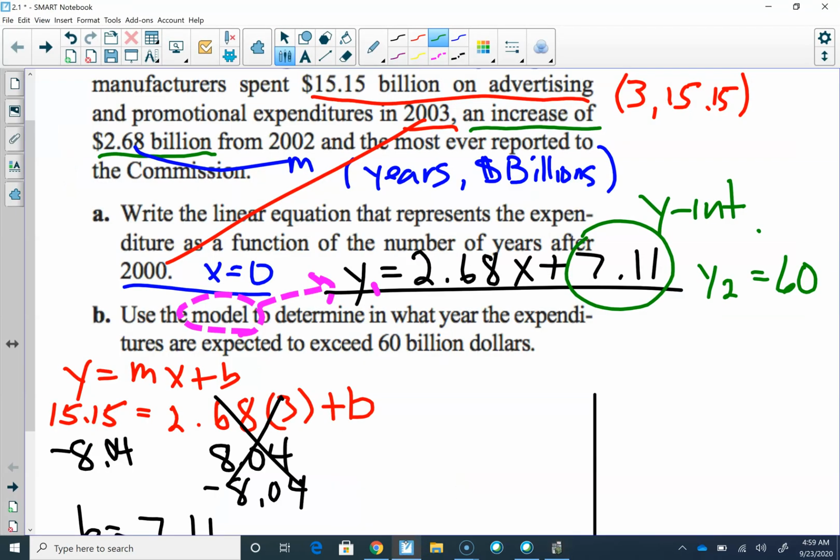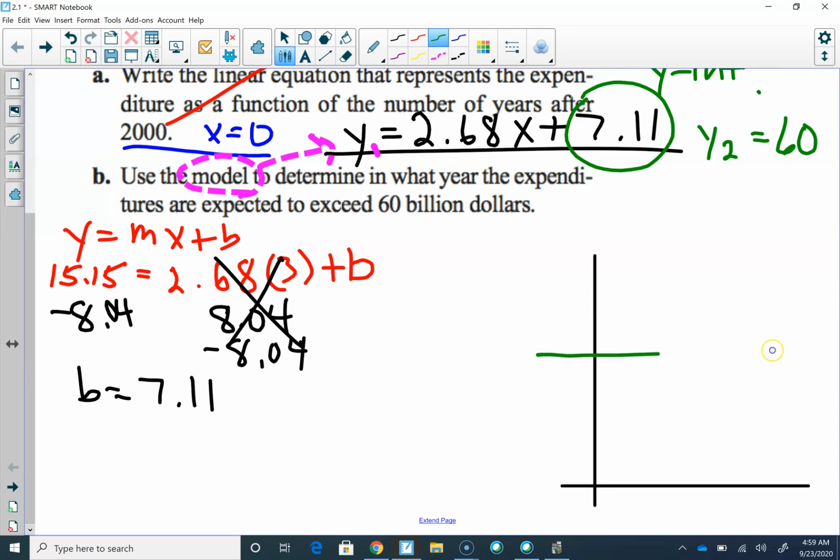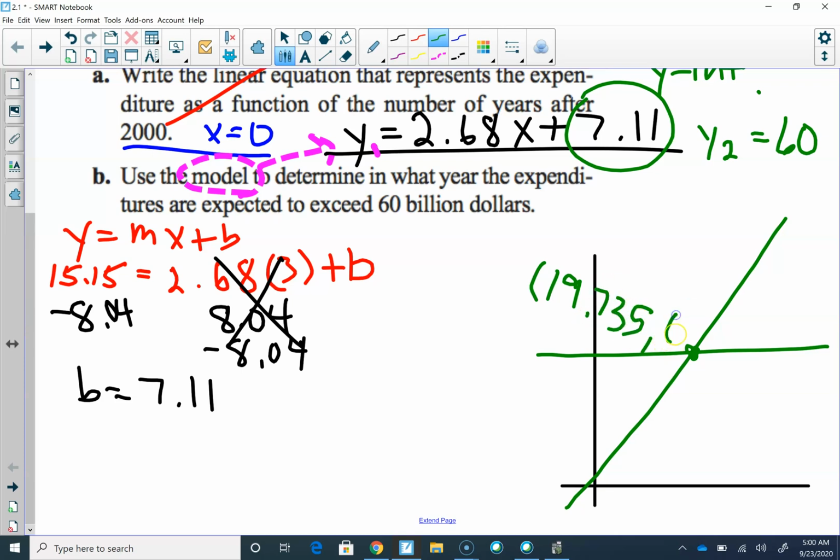So I'm going to go ahead on my sheet here. I think I said that wrong last time. So this here is a horizontal line crossing at 60. And this here is the y-intercept for my increasing line. So I went to 100 on mine. So here we go, and I always write the whole ordered pair so you get full credit. So that's 19.735 and 60. And then my answer here, use a model to determine in what year the expenditure was at